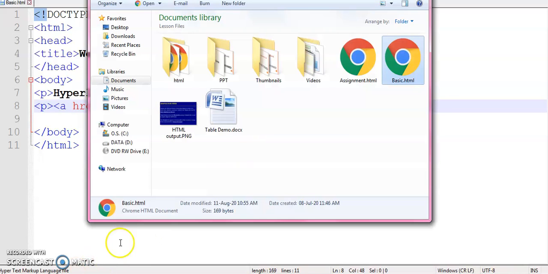Suppose this web page is located in a folder called lesson files, and there is another web page called assignment.html. It is located in the same folder. So to jump from this basic HTML to assignment.html, you will have to just type the page name in the href attribute. So let's see the example.